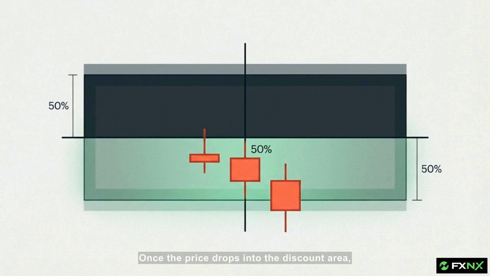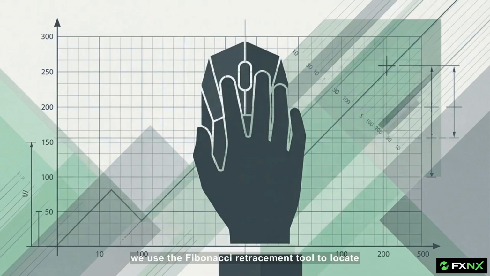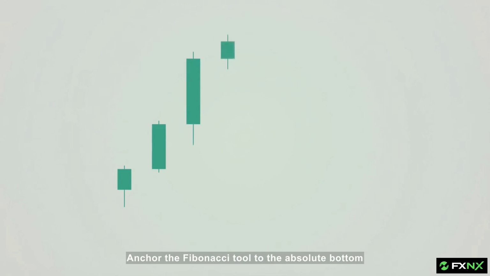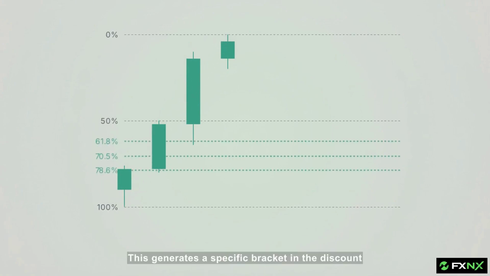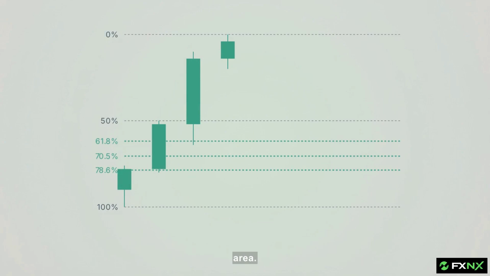Once the price drops into the discount area, we use the Fibonacci retracement tool to locate the optimal entry zone. Anchor the Fibonacci tool to the absolute bottom wick of the impulse leg and drag to the top wick. Ignore the bodies. This generates a specific bracket in the discount area, the 61.8, 70.5, and 78.6% levels, your OTE